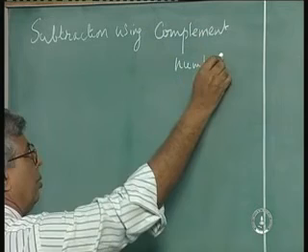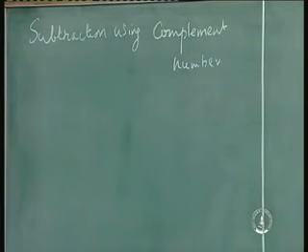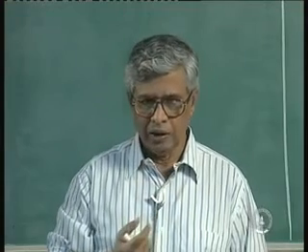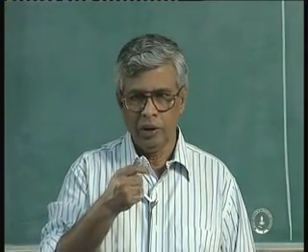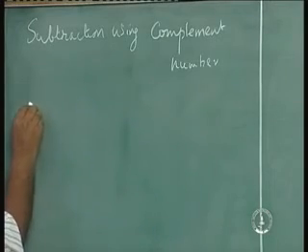What is a complement of a number? Depends on the number system. In a decimal system, see, in any number you have a base. Decimal system, the base is 10. In binary system, the base is 2. They also call it radix. Base or radix. So, depending on the number of digits or the positions or the bits, you define the complement as the highest possible number you can represent minus the number. So let us say in the case of any general radix R